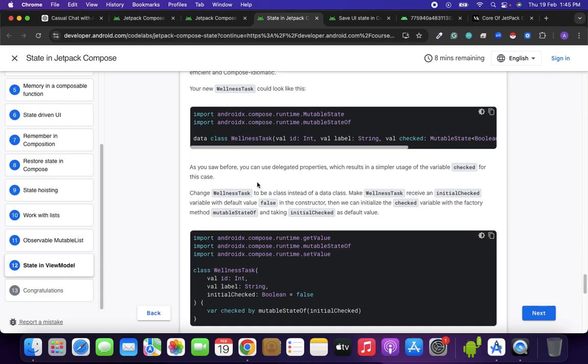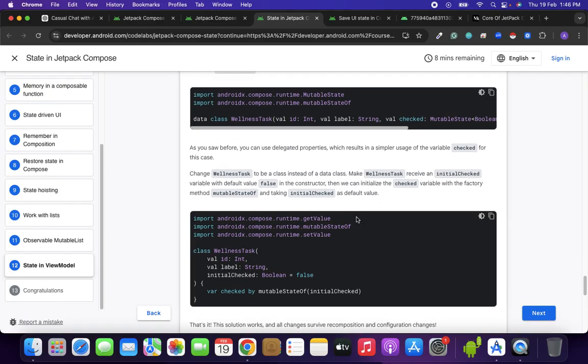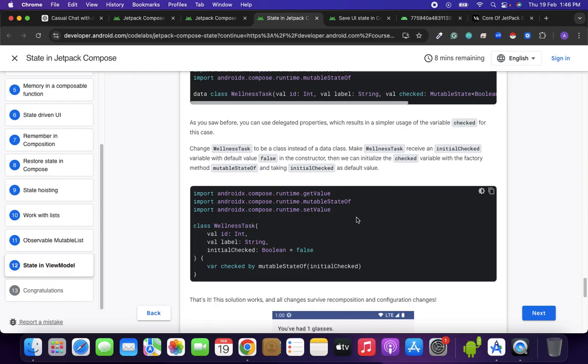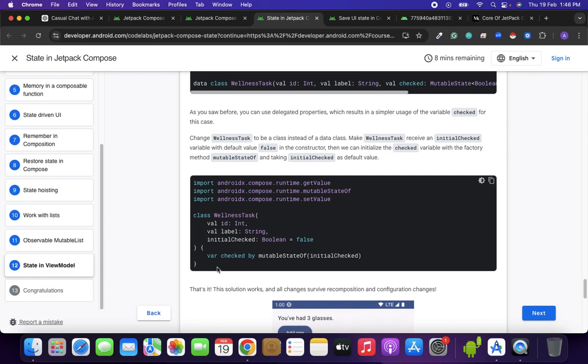Change wellness task to be a class instead of a data class. Make wellness task receive an initial checked variable with a default value in the constructor, so that we can initialize the checked variable with the factory method mutable state, taking initial checked as a default value. Wellness task